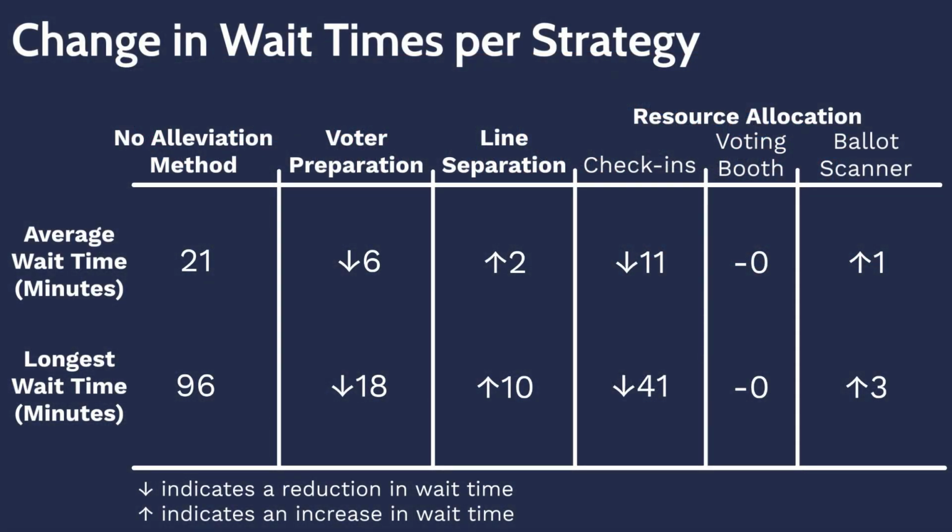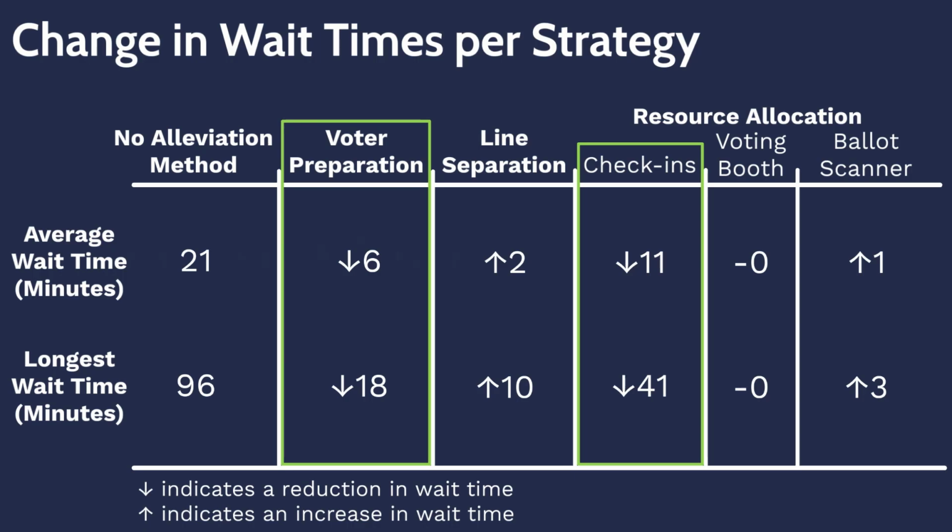The tables presented on screen summarize the effect of each line alleviation strategy on voter wait times for the 3-step voting process with an afternoon peak voter arrival pattern. Through a comparison of these methods, it is clear that both preparing voters and allocating an additional check-in have a measurable effect on both average and longest voter wait time. The line separation method and the allocation of additional voting booths and ballot scanners offer no or limited reductions in